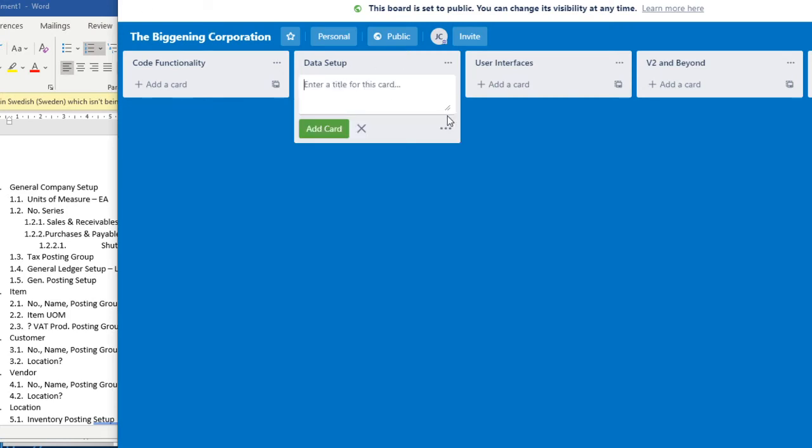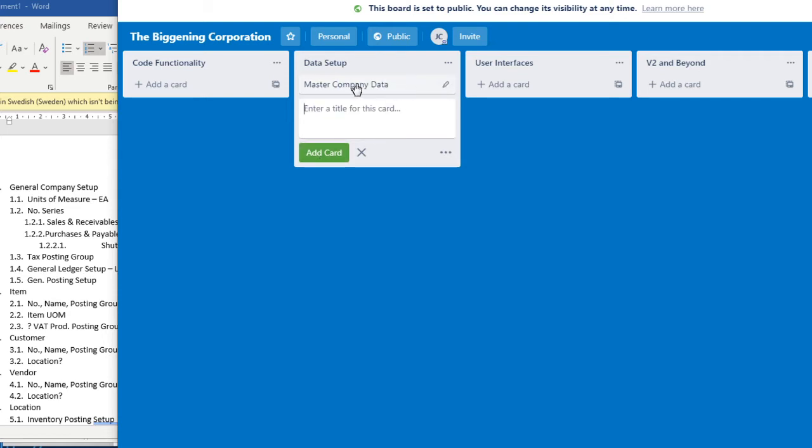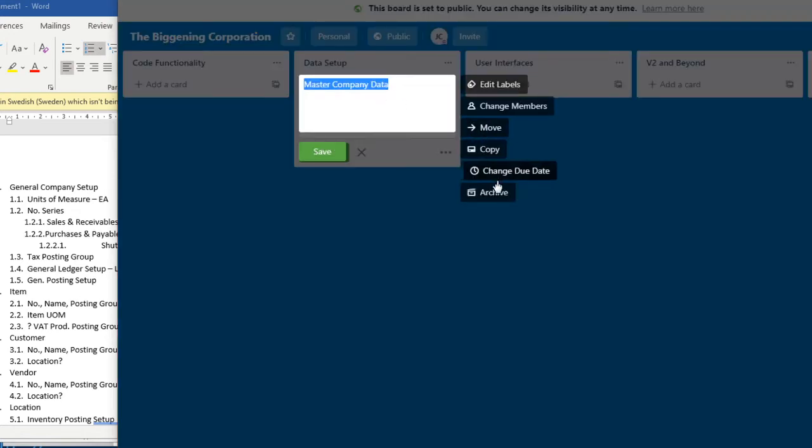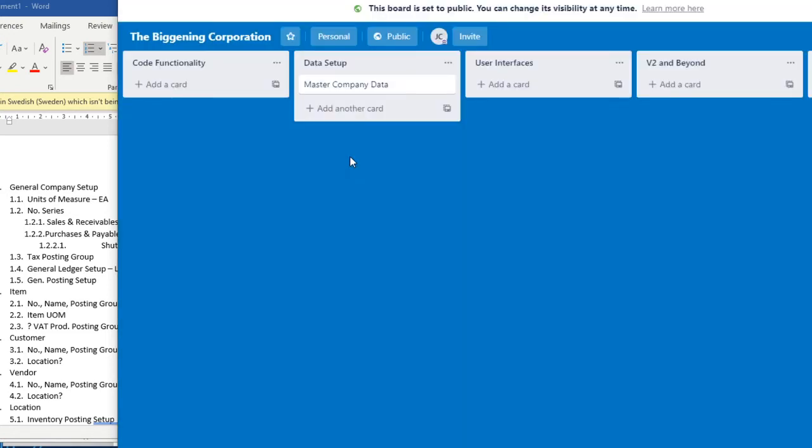So, master company data. You can just use this as a simple checklist, but where each card can work as an individual element. It will slowly be able to archive them as they get complete. But we can also